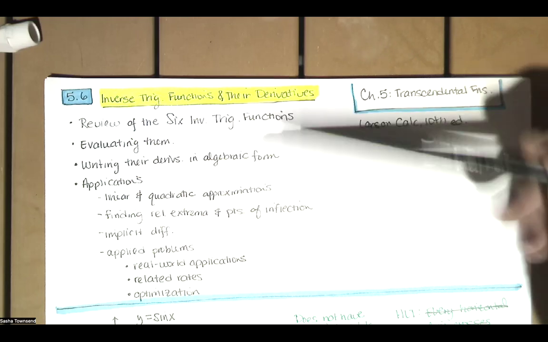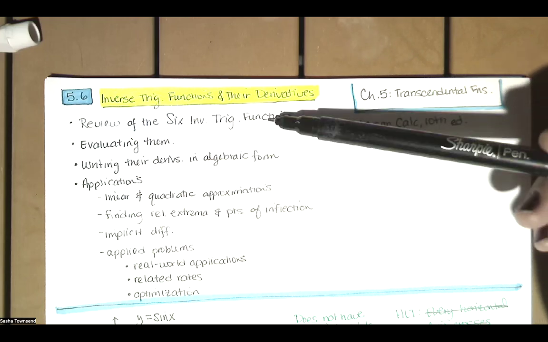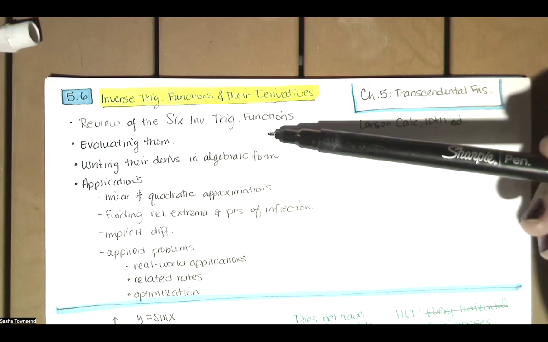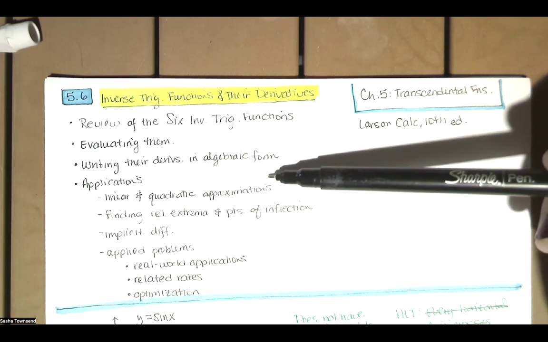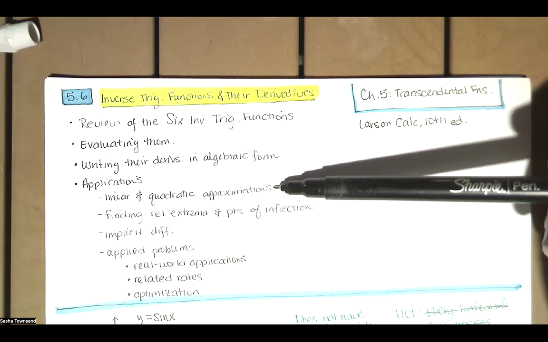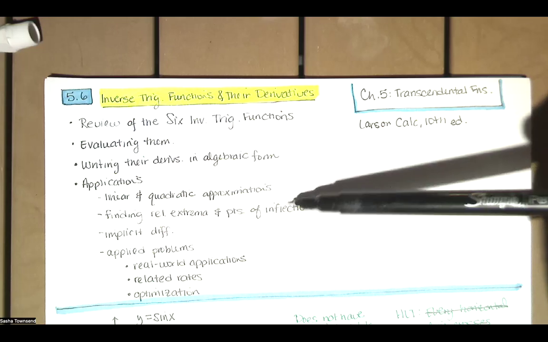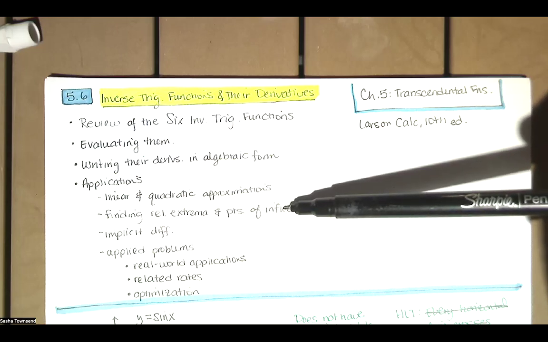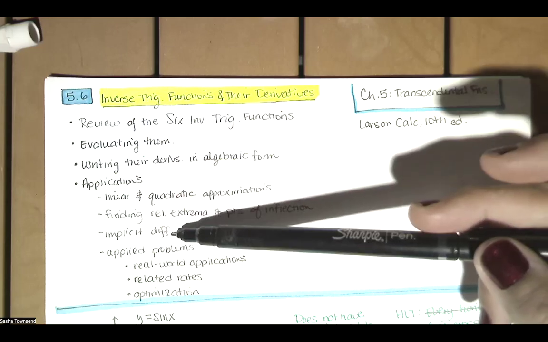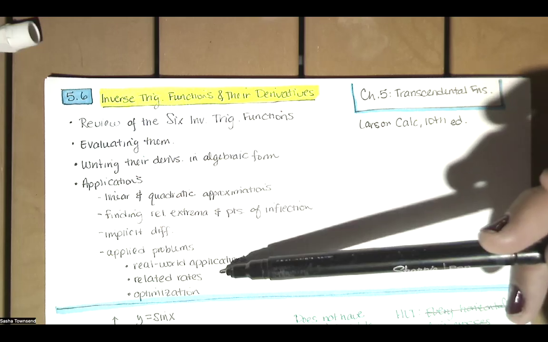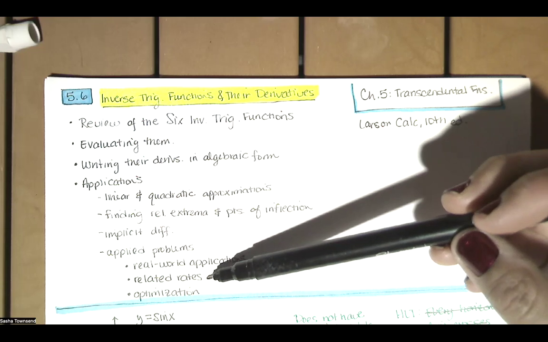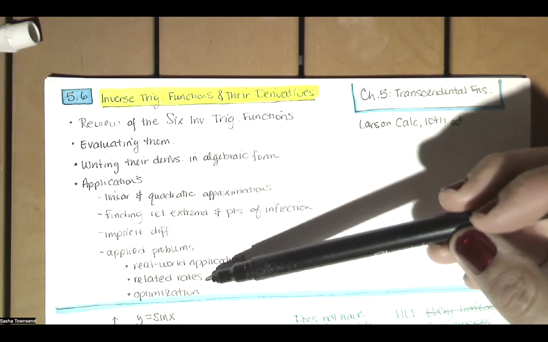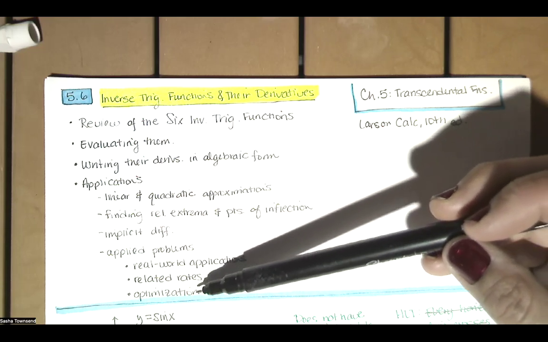We'll do this in this video, which is just sort of a trigonometric or trig review. And then we'll talk about the derivatives, probably in the next video, maybe at the end of this one. And then we'll do some application problems. So we'll talk about approximating the function. We'll find relative extrema and do some curve sketching. We might do an implicit differentiation problem, and then we'll look at some applied problems. So real world applications, and related rates. Many related rates problems can be written in terms of inverse trig functions, and